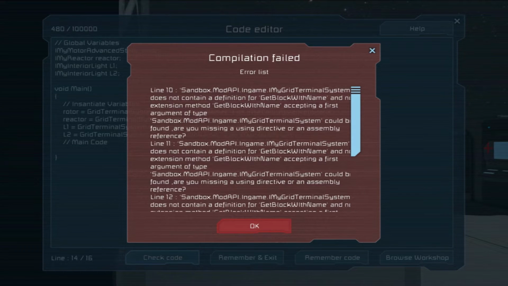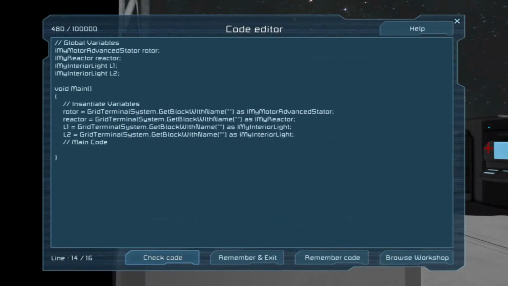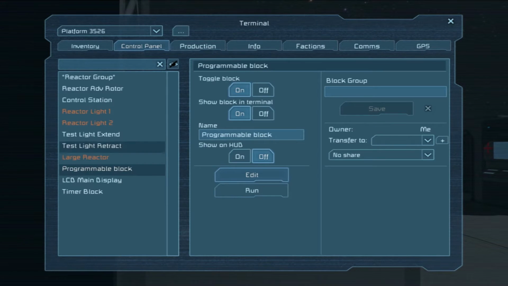Block with... Oh, ha ha. That's a capital I. That's not going to work. Alright, how about now? Aha! Success! Okay, so we need reactor advanced rotor, reactor light 1 and 2, and large reactor.